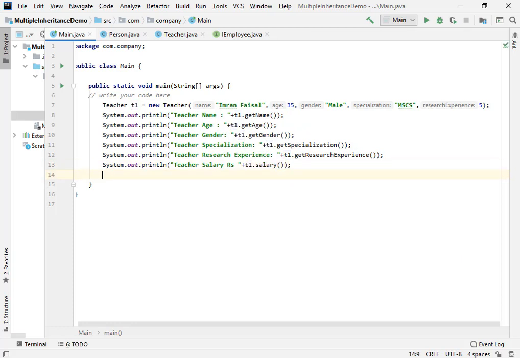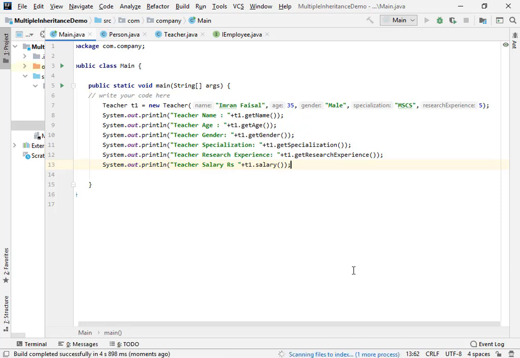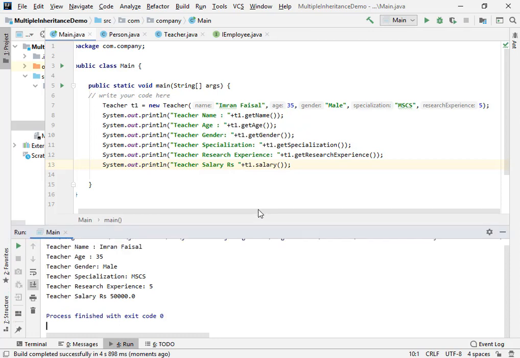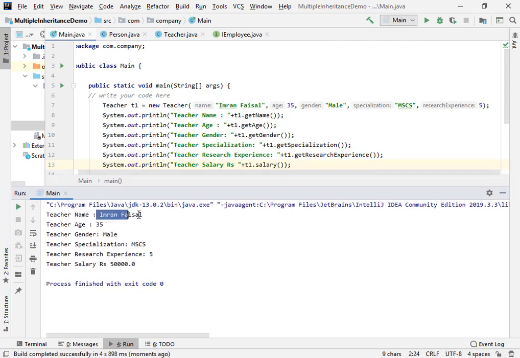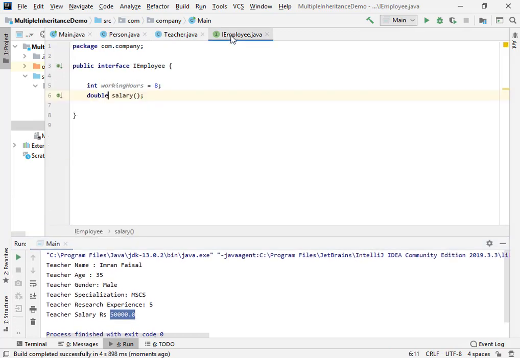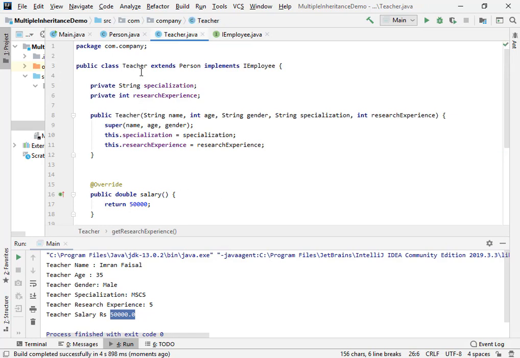Okay, so now you can see that we have created an object and we have printed out some values by the help of methods. So now if I execute this, you can see that we have an output in which we have the teacher name, age, gender, specialization, research experience, and salary. So as you can see, by the help of interface we have implemented multiple inheritance for this particular class, which is Teacher.